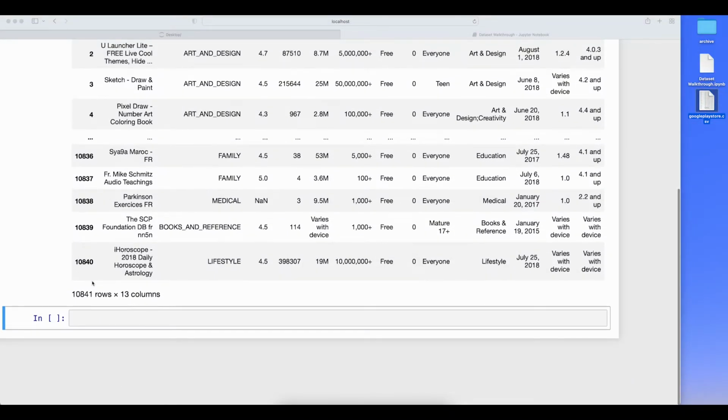Here you can check, we are having a total of 10,841 rows in this data set, and also 13 columns are there, right? So this is the data set of Google Play Store. Okay,